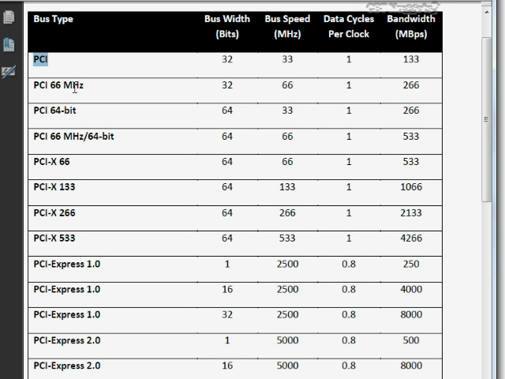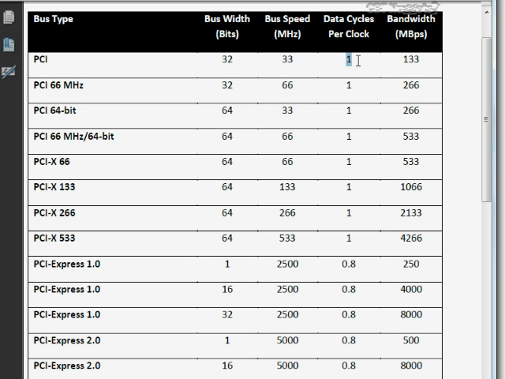There are other kinds of expansion slots we'll take a look at as well, but there are also some older ones like ISA. They're all defunct and haven't been used for years. Anyway, the bus width is one thing we'll need to determine, and we'll multiply that by the bus speed in megahertz. So if 1 megahertz is 1,000,000 cycles per second, this would be 33 million functions per second. Then we would have the data cycles per clock.